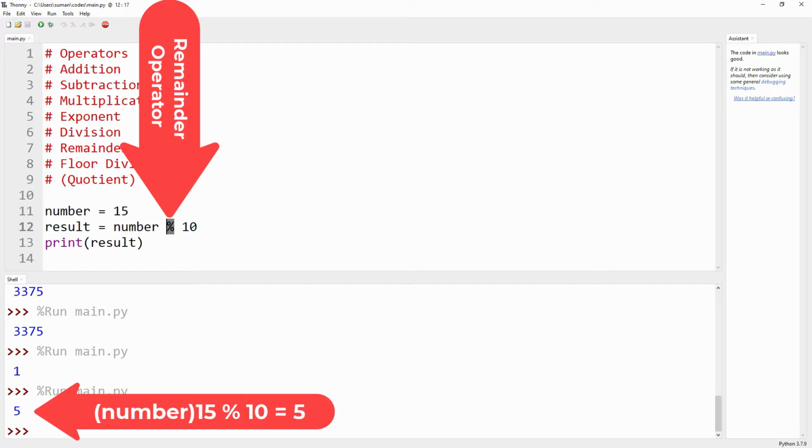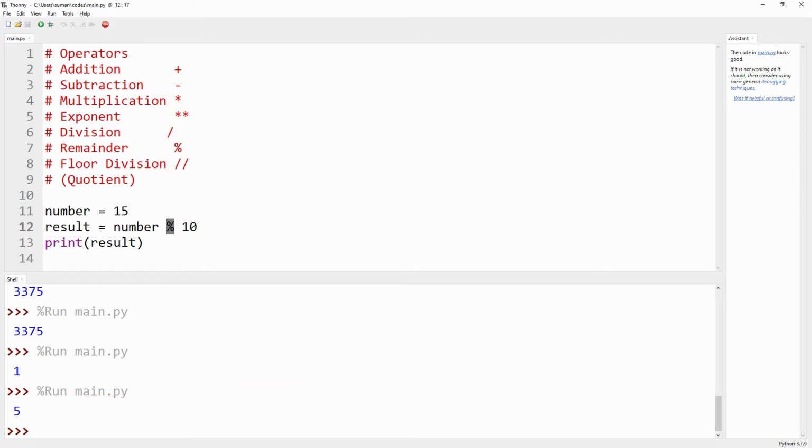We are changing the value. So 15 quotient with the data, that is 3. That means 15 upon 3. We are getting the quotient as 5, and obviously the remainder would be 0. So we are getting the quotient as 5, and if we change the code now, we are getting the remainder as 0.